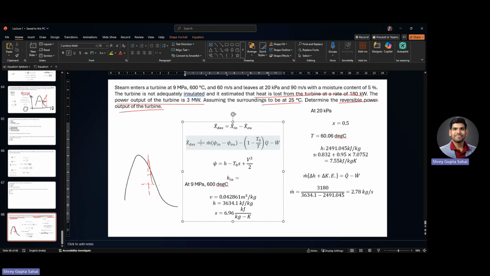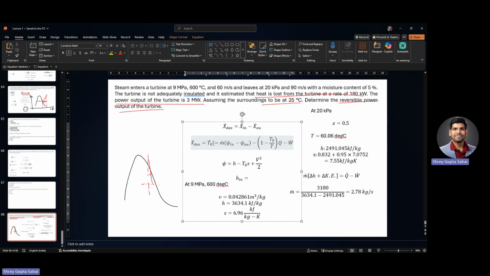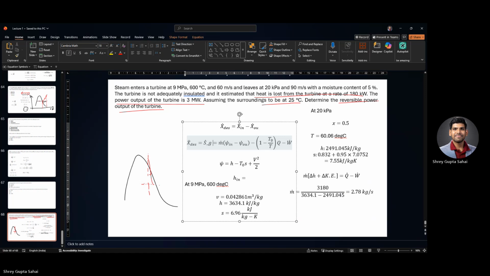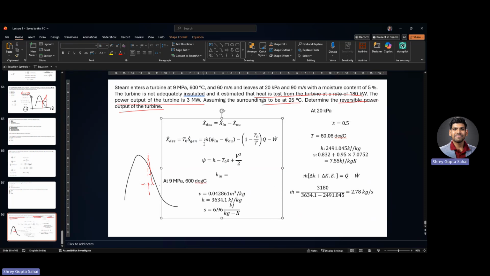This should be equal to T naught dot. Now. So from here,